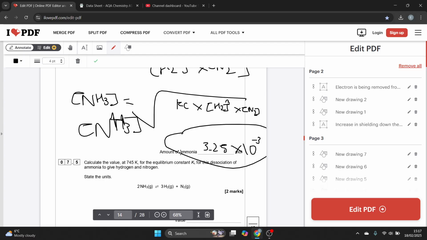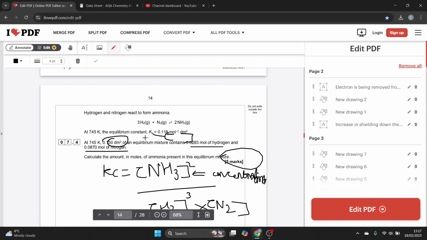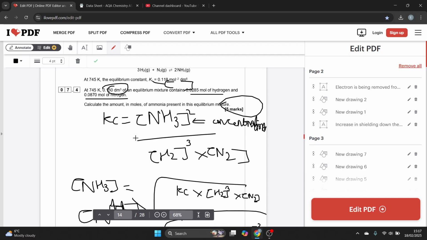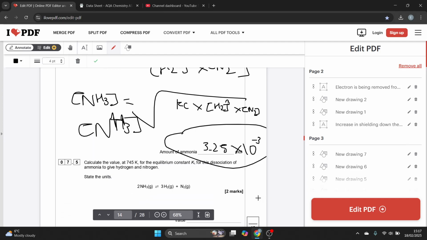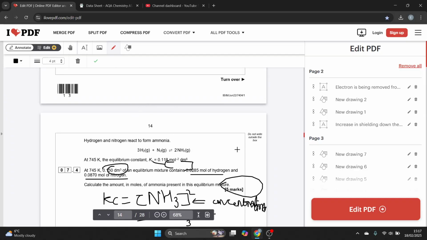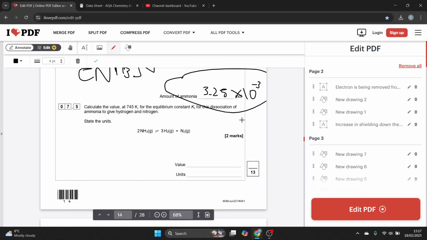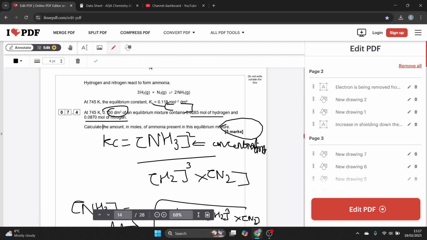Calculate the value for the equilibrium constant for this dissociation of ammonia to give hydrogen and nitrogen. So what I can notice from these equations is that they flipped it around, and I've seen a couple of questions like this. Sometimes you need to square root. If they haven't flipped it around, sometimes all they've done is literally square rooted it, so then you square root Kc. But in this case, they flipped it around, so it's just going to be 1 over my Kc for this,